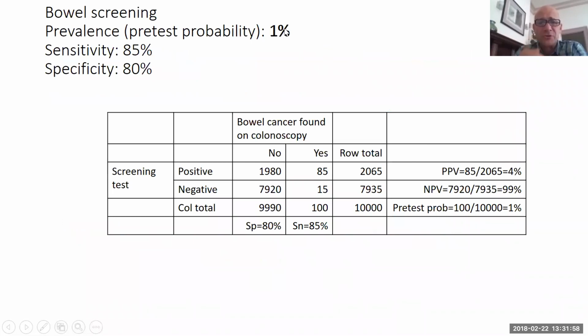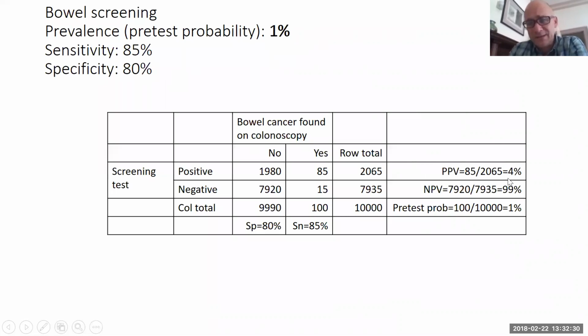Now, I'm sure you've seen these examples before. They tend to be the type of examples we give people to do in ClinEpi 101. So we tell people the sensitivity, 85% in this case, and the specificity, and then we say the pre-test probability is 1%, work out the positive predictive value. In the interest of time, I'm not going to go through the arithmetic, but it turns out in this case, when the pre-test probability is 1%, given the sensitivity and specificity, which are the column percentages, the positive predictive